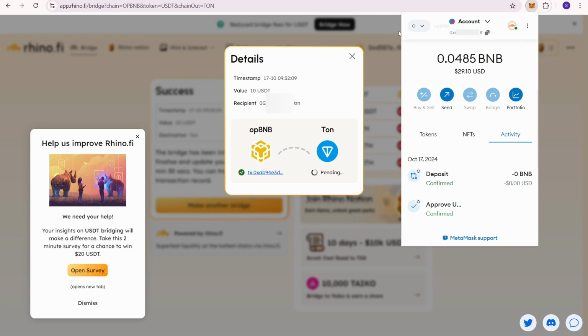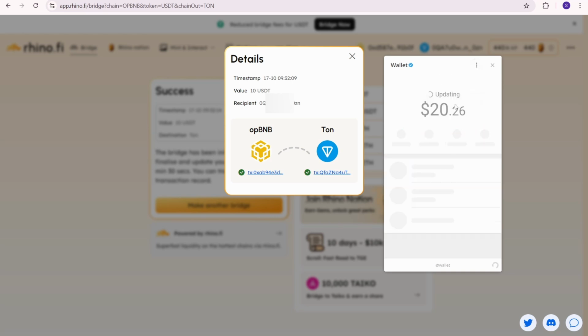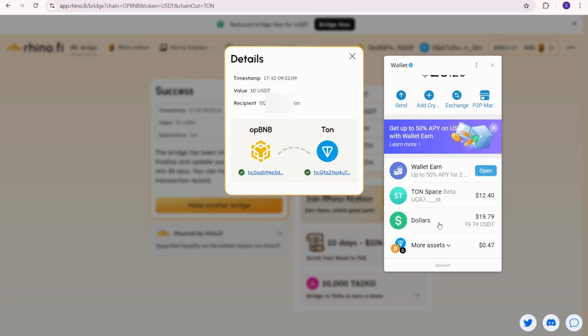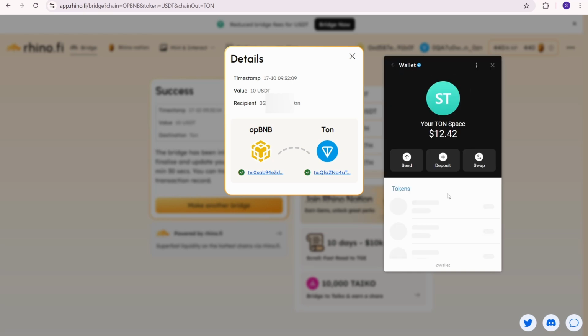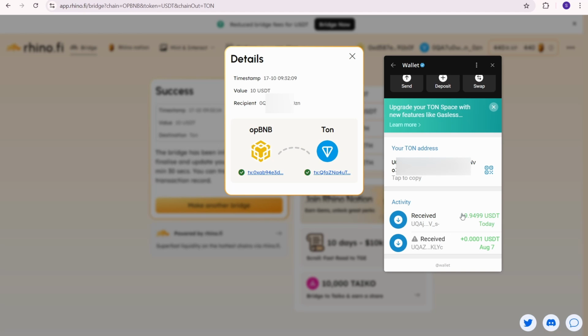I also check my Telegram wallet to see if the USDT has arrived. Right now, I only have 2 USDT in my TonSpace balance, so I still need to wait for the bridge to complete. Finally, the bridging process is complete. I reload my Telegram wallet, and now I have 12 USDT in my TonSpace. According to my transaction history, I received 9.95 USDT. To recap, I've successfully bridged 10 USDT to my Ton Telegram wallet, and I only paid a